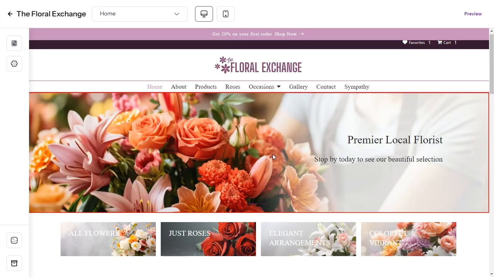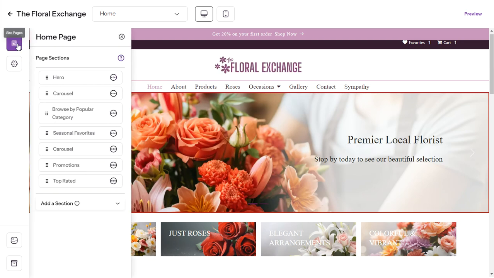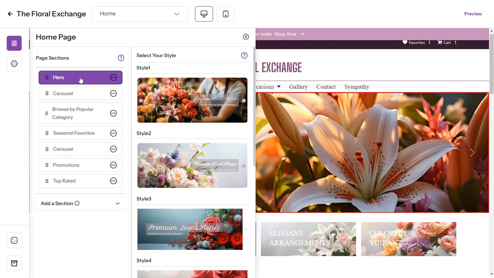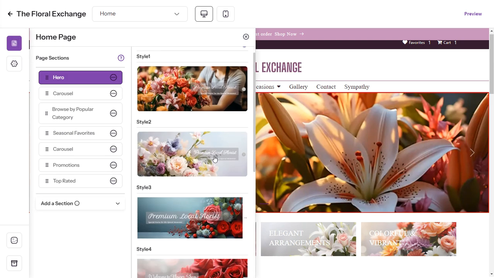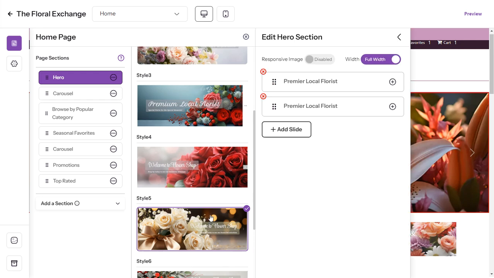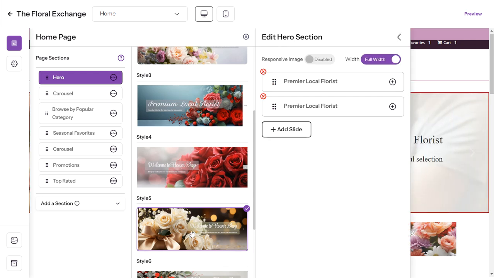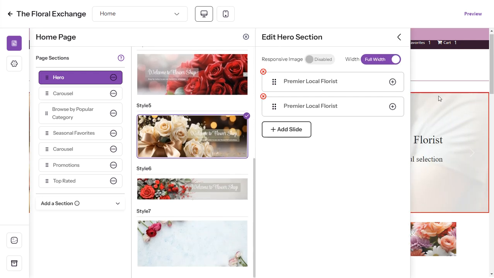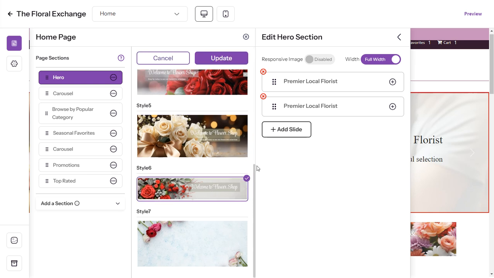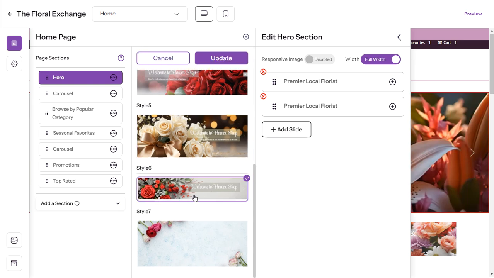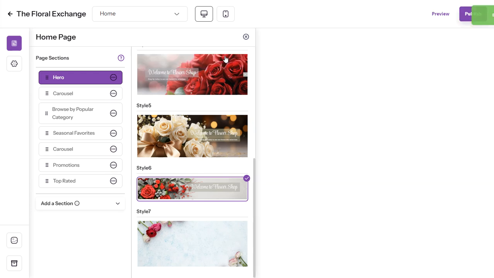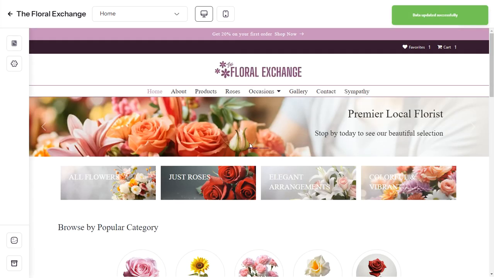Adjusting hero styles is very easy in the BoostFloral editor. Simply go to the site pages, select the hero that you'd like to change, and then choose the different style. Now let's say I want to make this hero banner not as tall. I can choose style 6 here, which is a shorter banner. So I've selected that, and I will choose to update that, and we can immediately see the changes reflected right